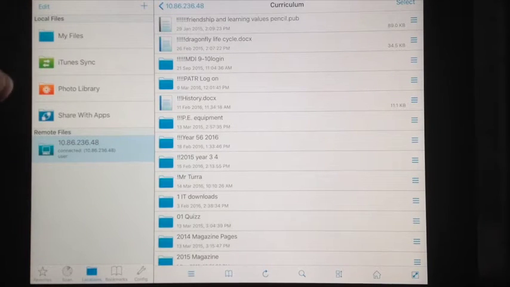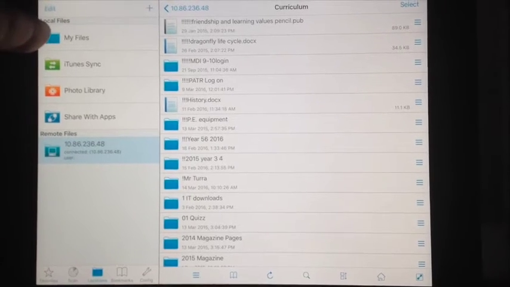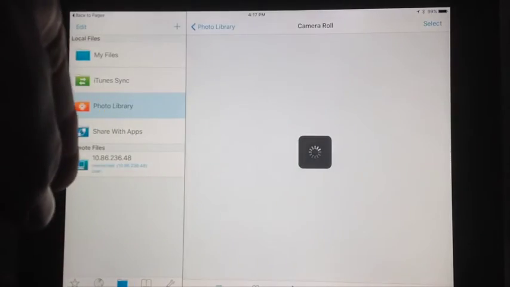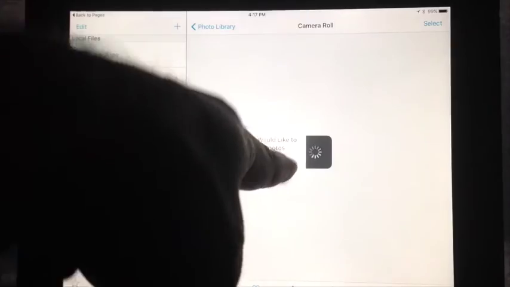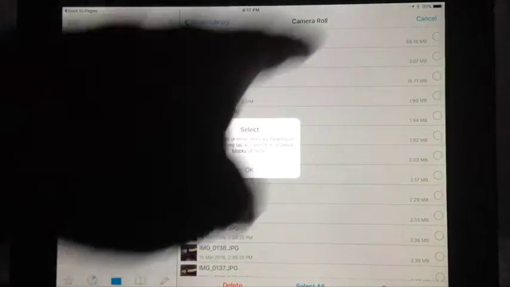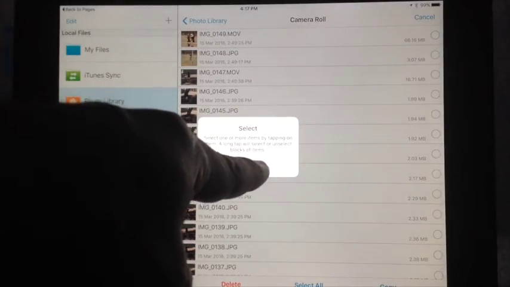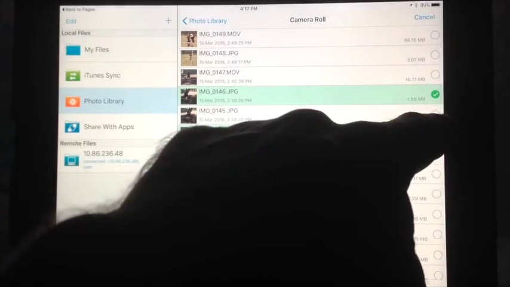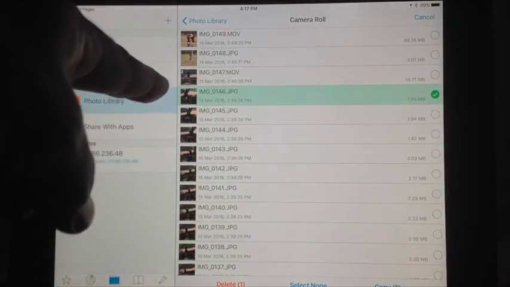and so that's all there is to it. If you wanted to get photos or video from the camera roll on the iPad, you go to Photo Library, which is over to the side here, and Camera Roll, and here's all the photos and images that are currently on this iPad. We can multiple select, so by hitting the select button up there we can choose as many as we want. Let's choose this image,